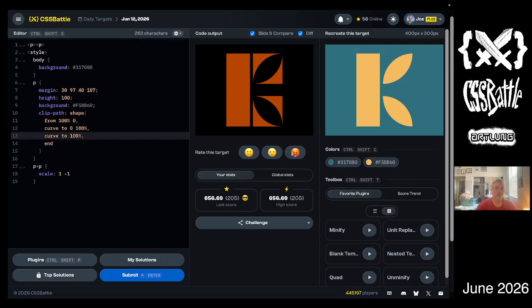Oh, I think I'm missing the widths. Oh, real challenge here. Clip path shape from